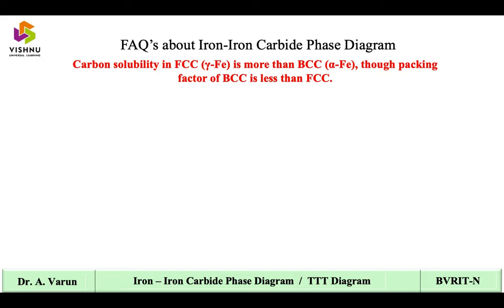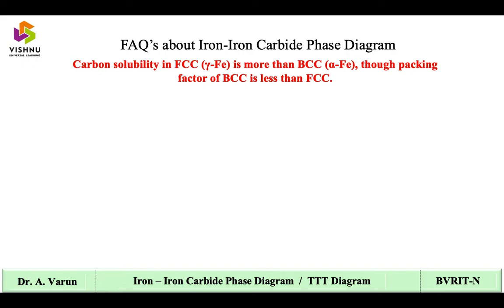You know that these crystal structures have different packing factors, and in spite of the packing factor of BCC being less than FCC, you have the maximum carbon solubility in FCC, that is austenite or gamma iron, at a maximum of 2%, whereas BCC delta iron is 0.18, and you have also seen alpha